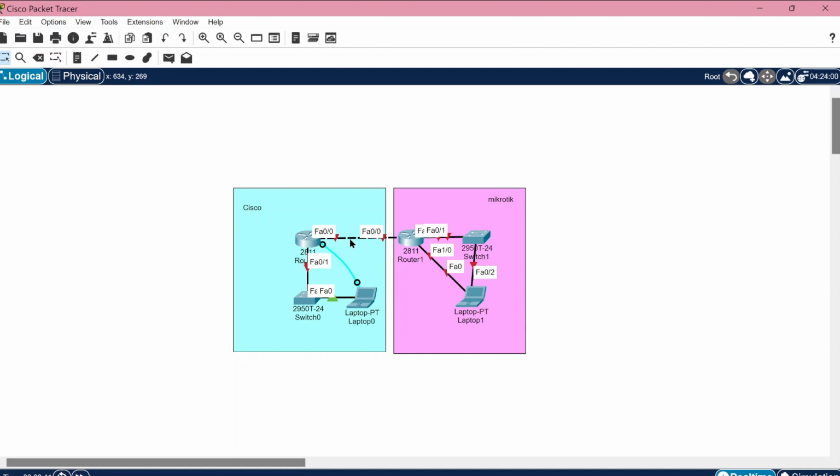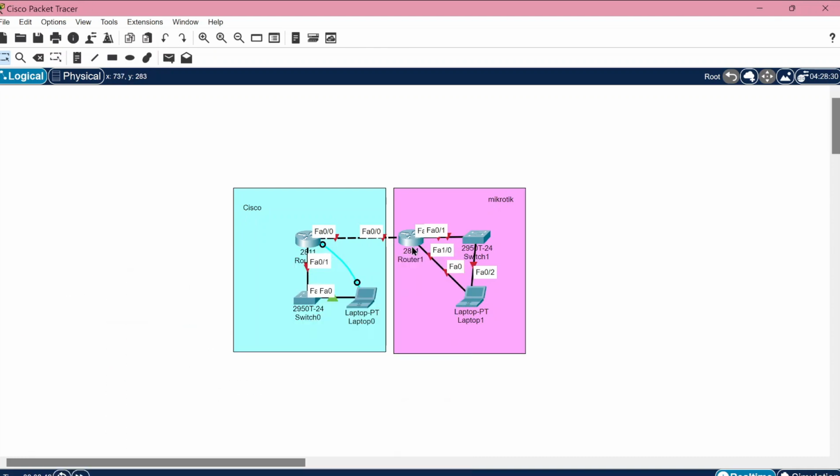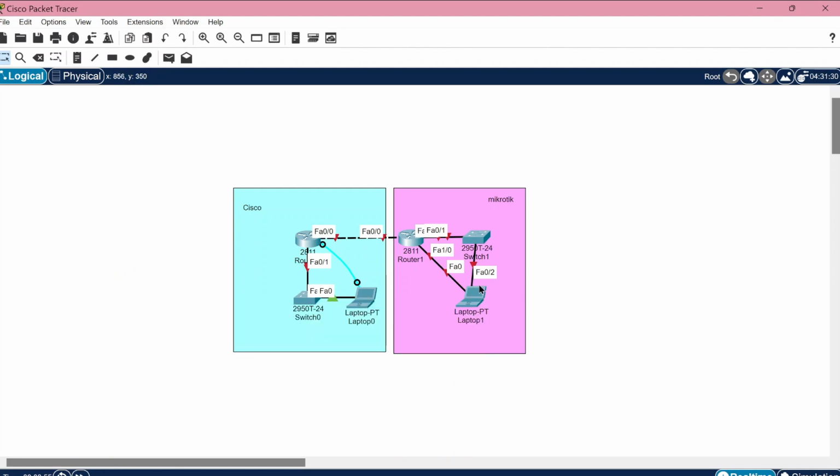And they use router to laptop connect with straight and router to switch connect to straight too. But I think there is something wrong because switch to laptop there is no cable. I'm sorry, I'm going to remove it first.